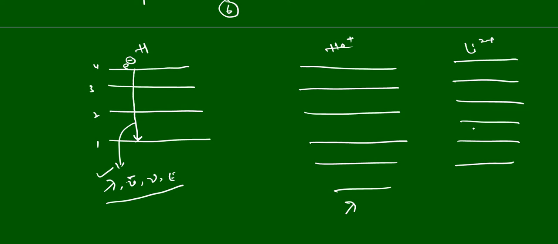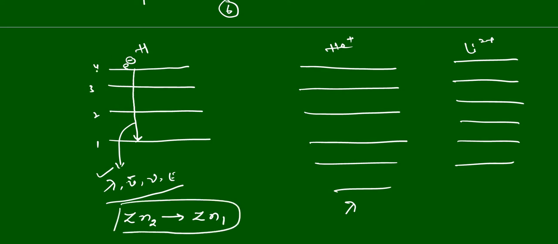For that we have the formula here. In order to get the same transition from one ion to the other ion, we can use this kind of transition, Zn2 to Zn1. In this particular case, you will get the same type of transition. Here, what is the n2 value? 4. And what is the n1 value? 1. In the hydrogen spectrum, the electron transition takes place from the 4th to the first level, and we get some wavelength or frequency, some energy values.